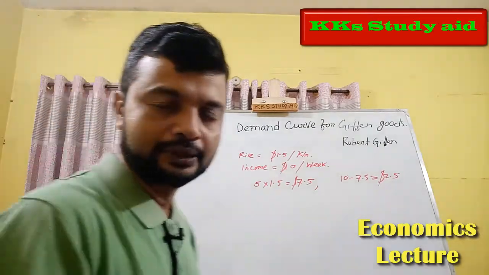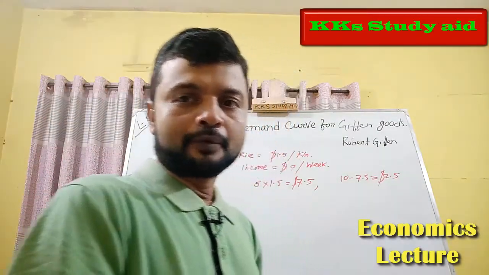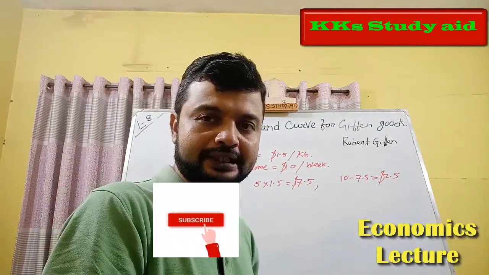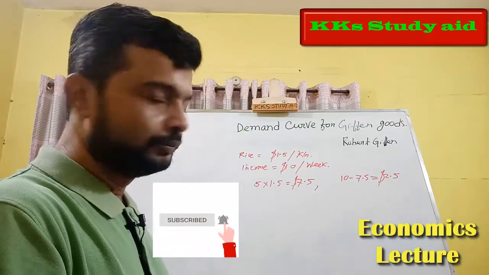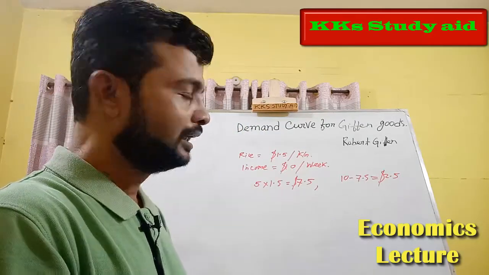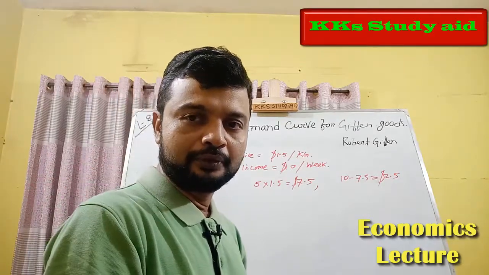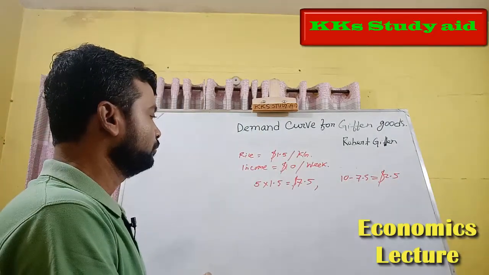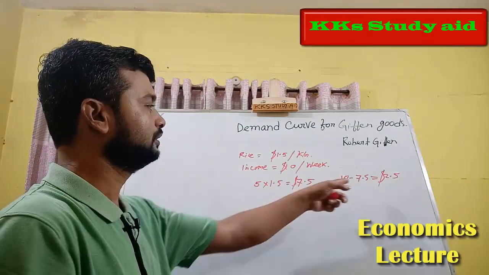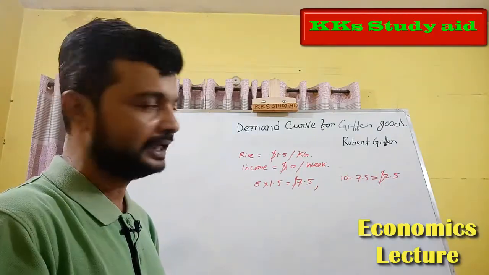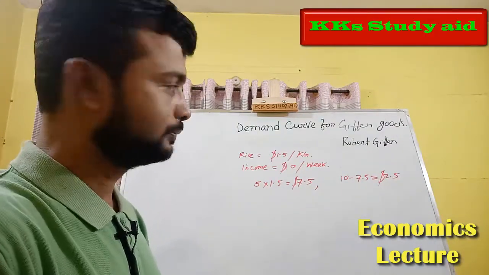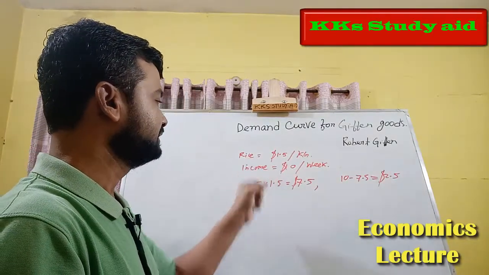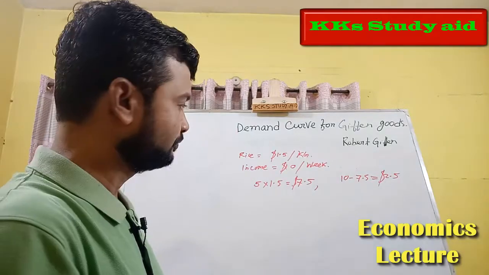So what I would like to say here is that the poor person is obliged to purchase basic staple foods with almost all his income, and he is left with a very, very low amount of his income. Here in this case, he has only $2.5 left in his hand to purchase other goods after purchasing his basic staple foods. That is, he purchases 5 kg of rice.